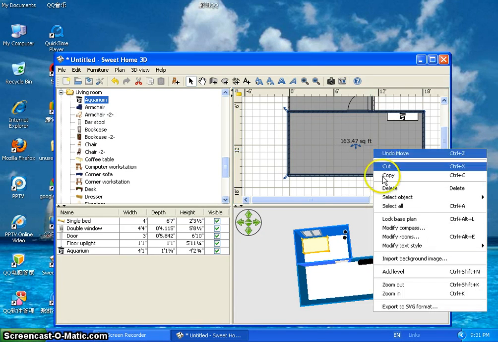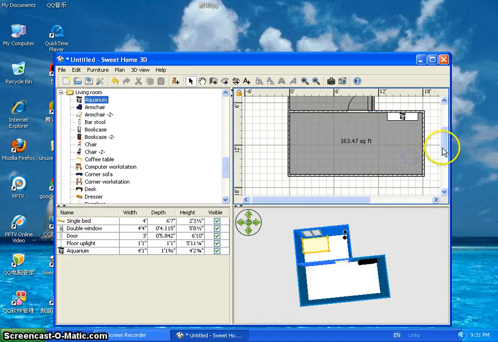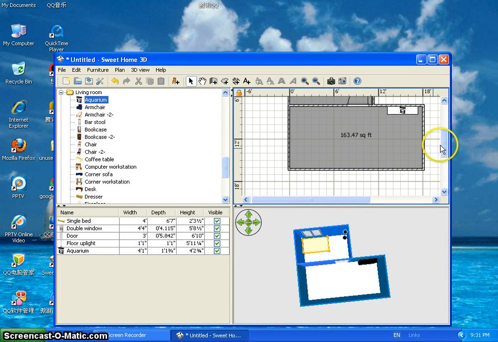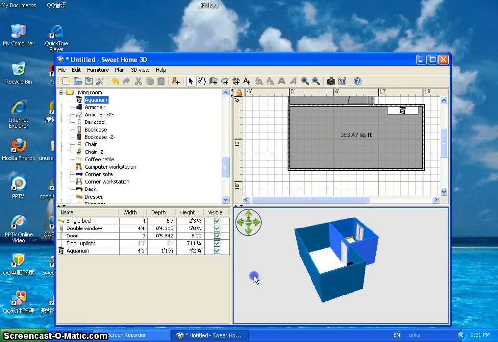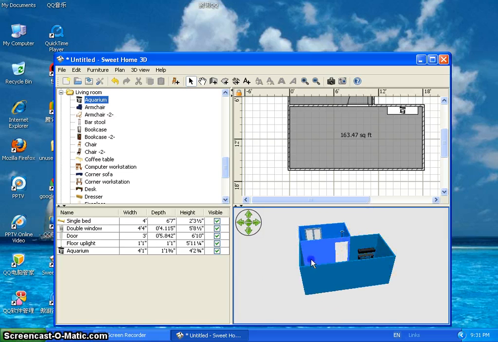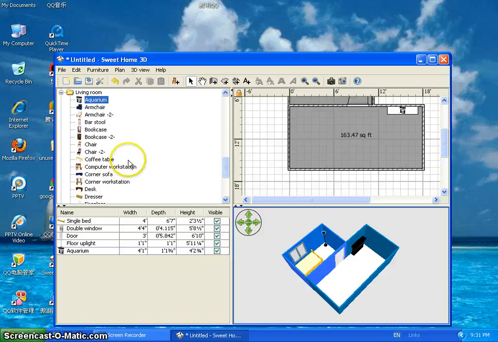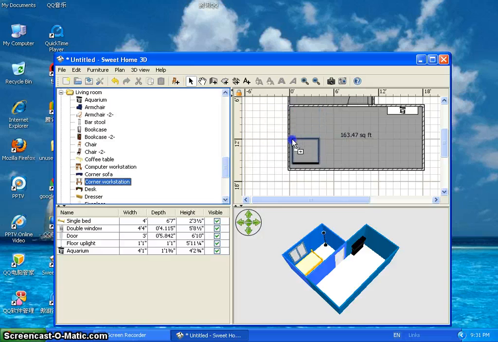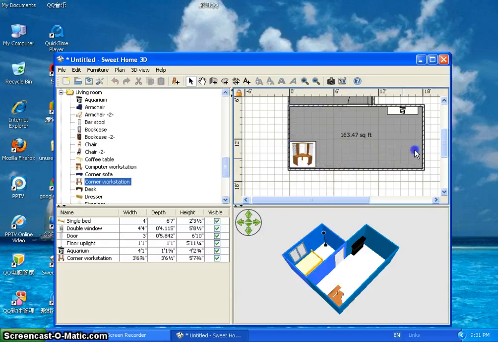I think we should lock the base so the room does not move around often. And we can see the aquarium right there. So depending on how you want to design your room, which obviously I'm not doing a really good job of right now,